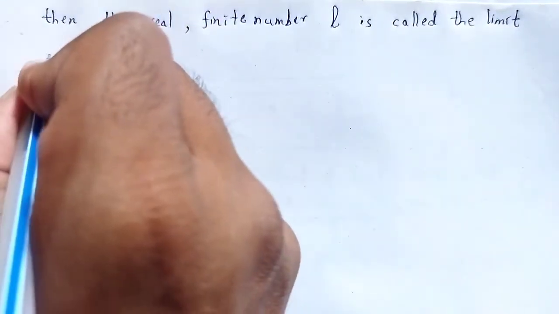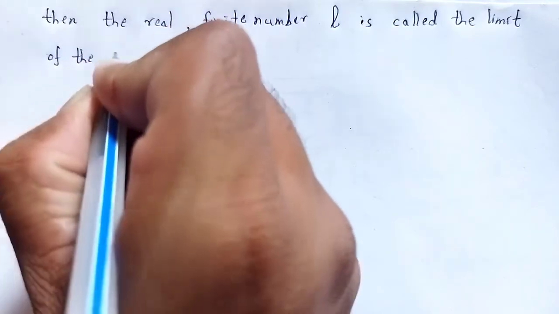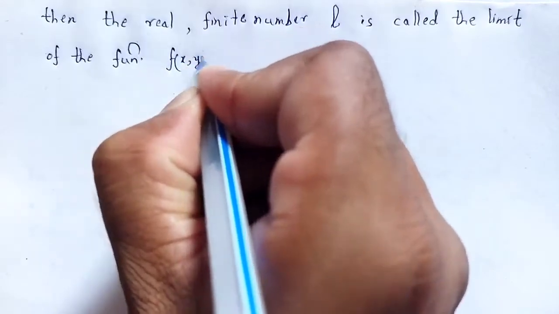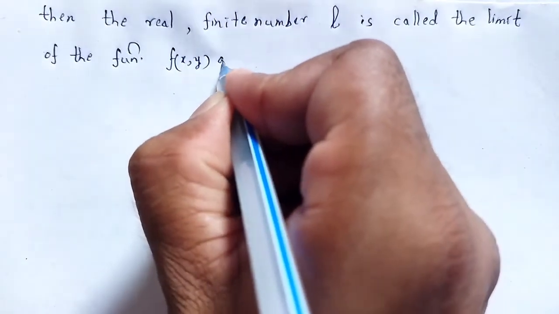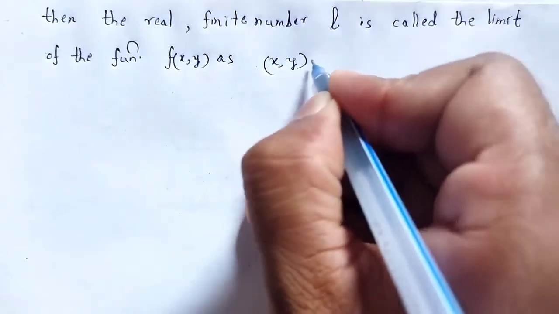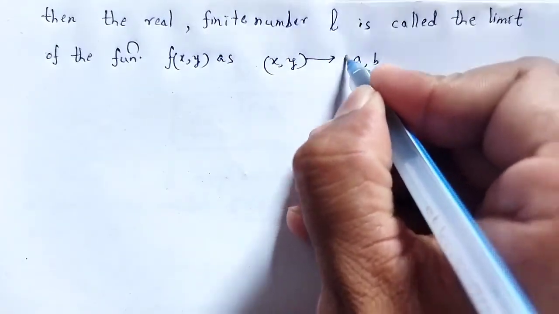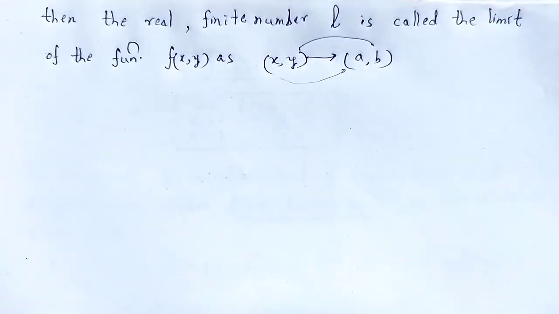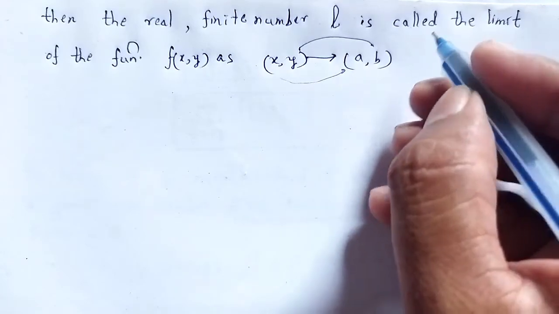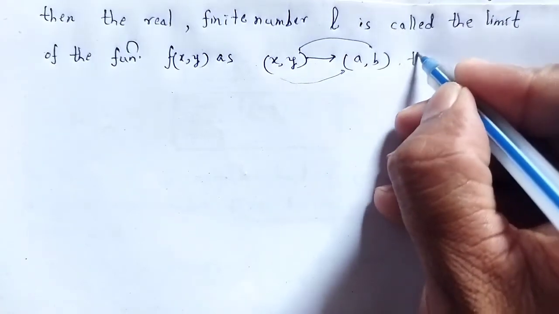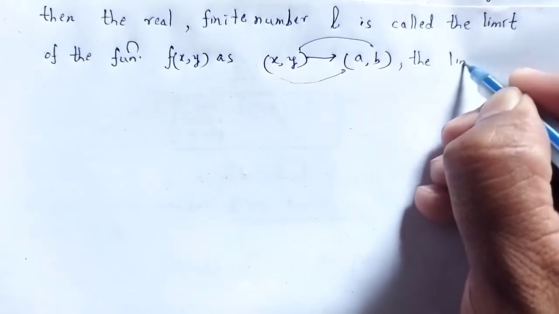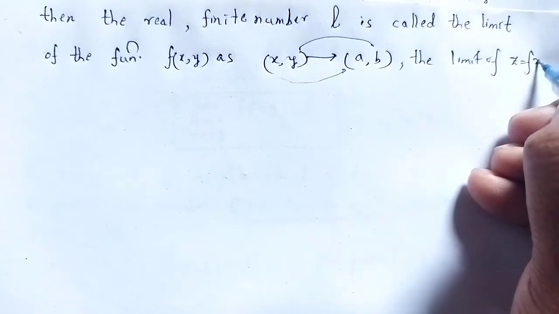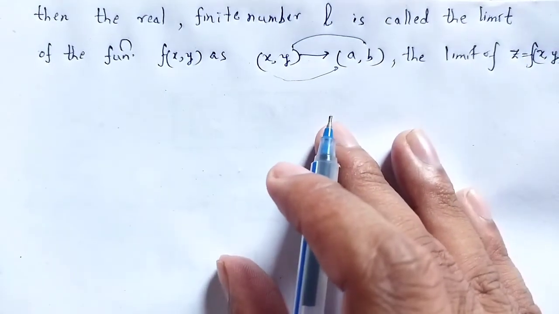The limit of the two variable function f of (x, y) as (x, y) tends to (a, b), that indicates x tends to a and y tends to b. The limit of z equal to f of (x, y) exists